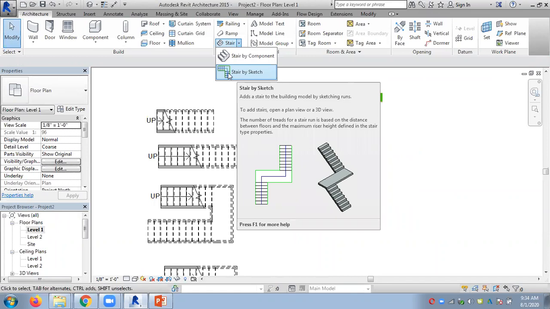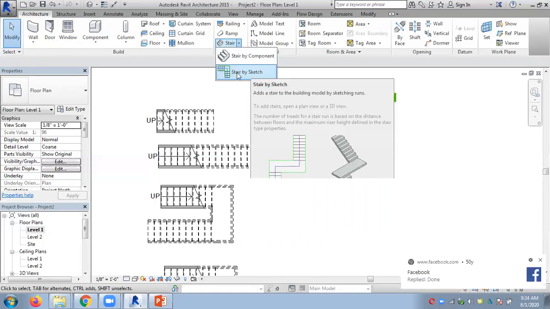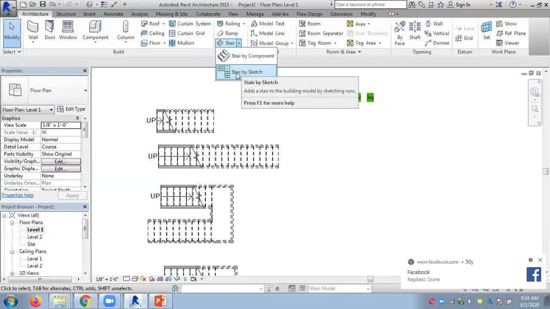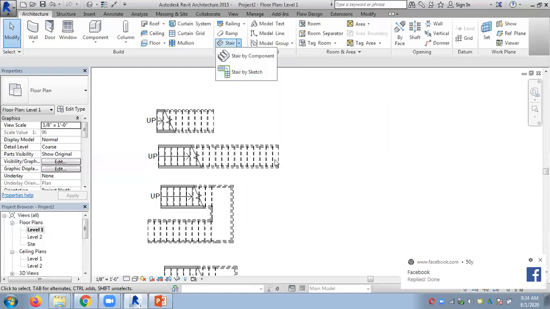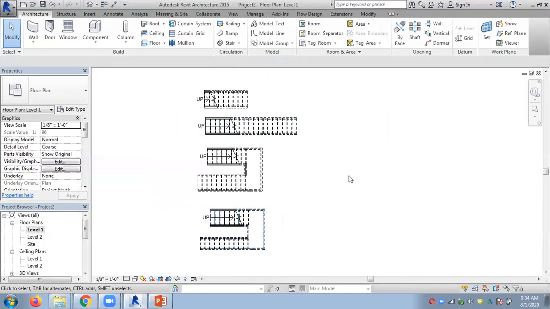Now I don't know whether you have this in your computer. Earlier, this is 2015 Revit, so all versions had this tool, I think, without any problems. Now in the new software, this may not be available like this. I will come back to this tool later and show you how to get a customized landing. For the time being, are you okay with this kind of shape?